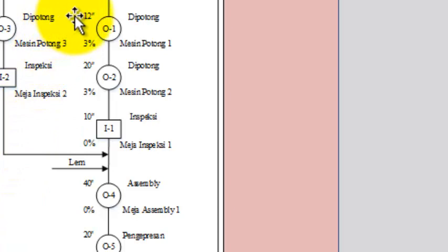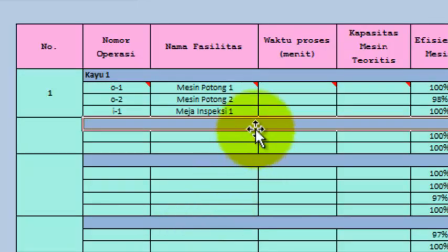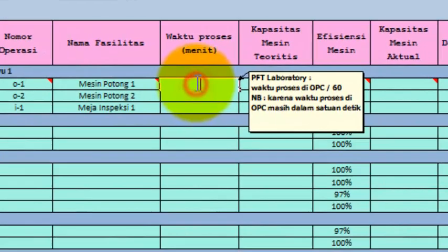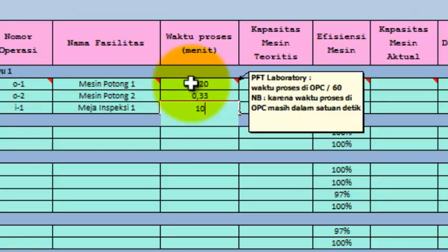So for the first operation, it needs 12 seconds, and then 20 seconds, and 10 seconds. So let's move to the routing sheet table. You can write 12 divided by 60, and then 20 divided by 60.